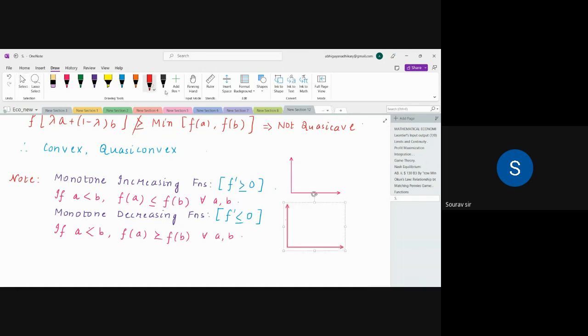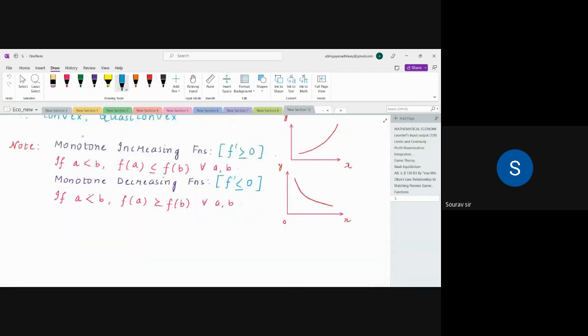So monotone increasing means something like this. Monotone decreasing means something like this. For every point, it is decreasing. Okay. That means the sign of the derivative remains unchanged. All right. So the result that we are going to talk about over here is